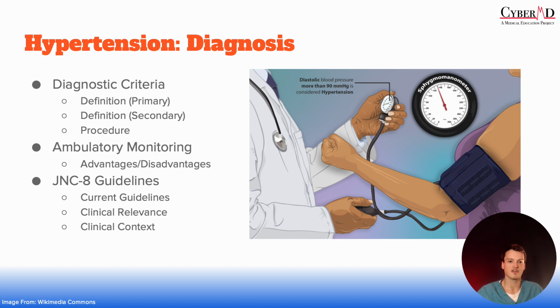Secondary hypertension, on the other hand, is going to account for 5 to 10% of hypertension cases, and it's going to be due to identifiable causes such as kidney disease, endocrine disorders, medications. And so it's going to be really crucial to identify and treat the underlying cause in patients with secondary hypertension. The diagnosis of hypertension typically involves measuring blood pressure on at least 2 separate occasions. Blood pressure readings are going to be categorized as normal, elevated, stage 1, or stage 2 based on specific systolic